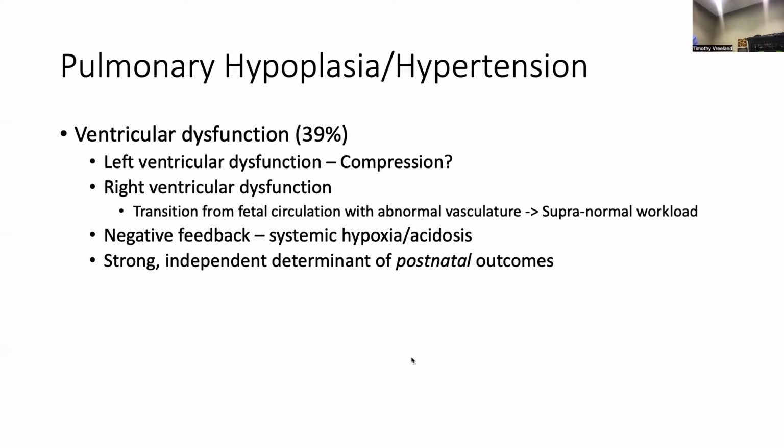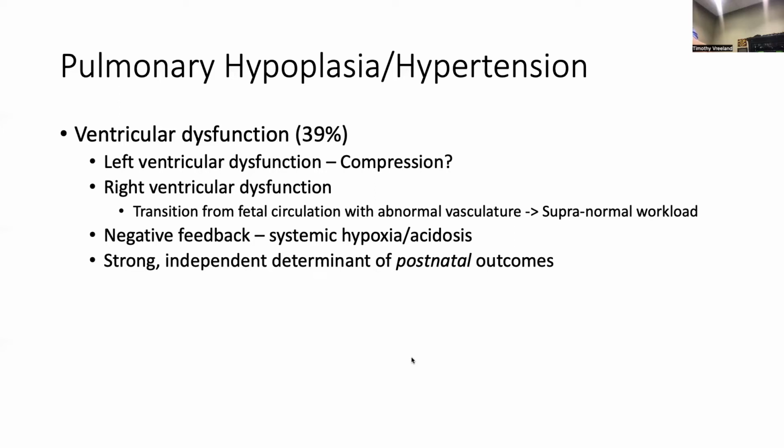Right ventricular dysfunction occurs in some of these babies as there's a transition from fetal circulation with that abnormal vasculature. You're supposed to transition from a high pressure right-sided system to a low pressure right-sided system, and that just doesn't really happen. So there's a supranormal workload, and that causes some stun. Sometimes it can recover